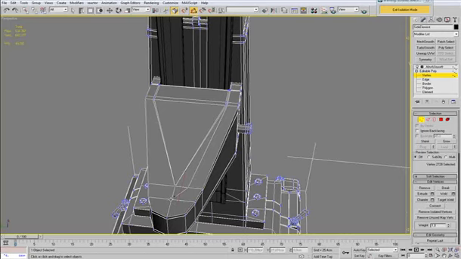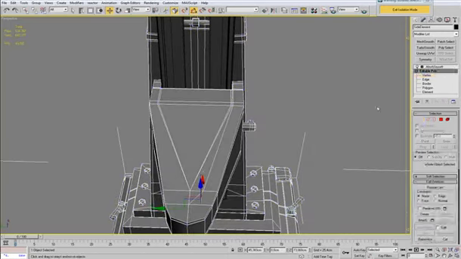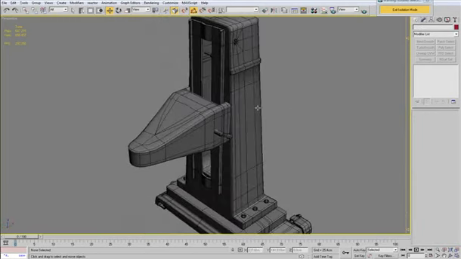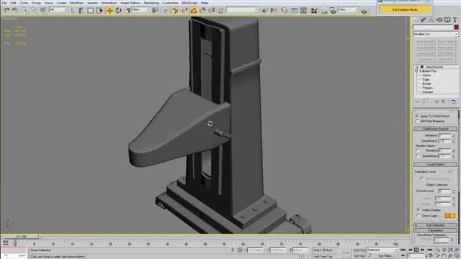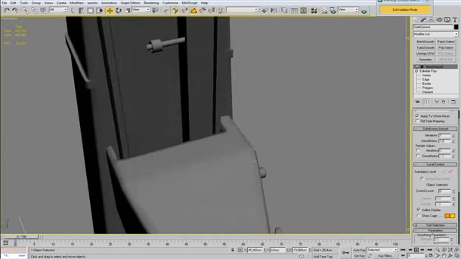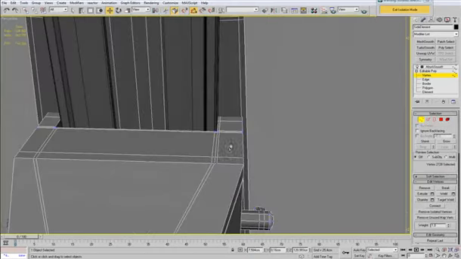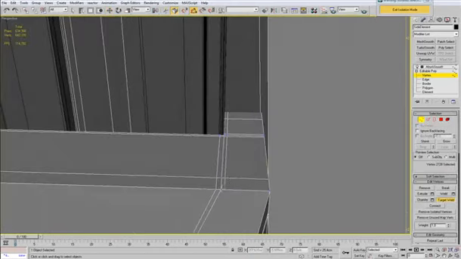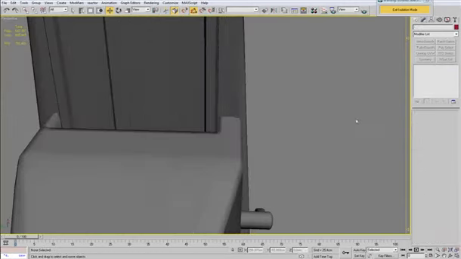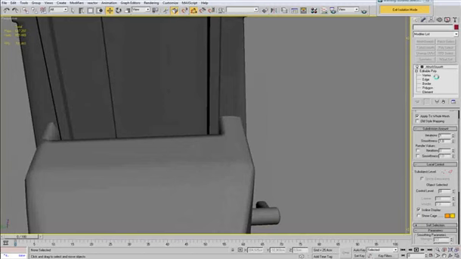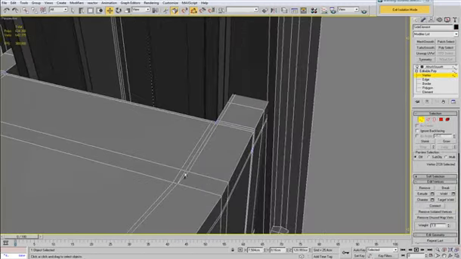I'm just going to make a cut all the way to this vertex there, but as you can see I now have smoothing problems with this edge. I'll try to weld this vertex there. I still have my problem,